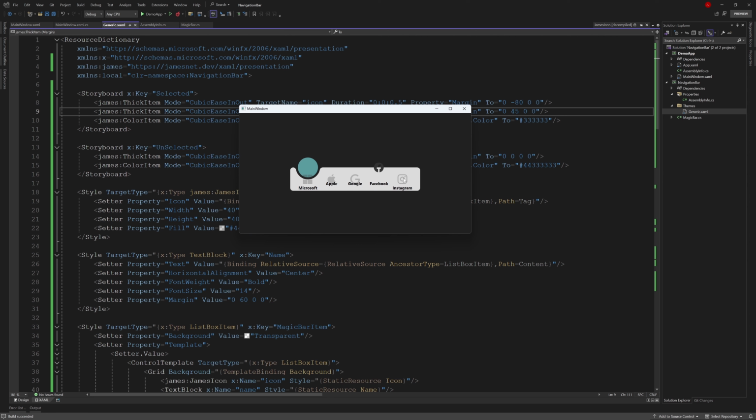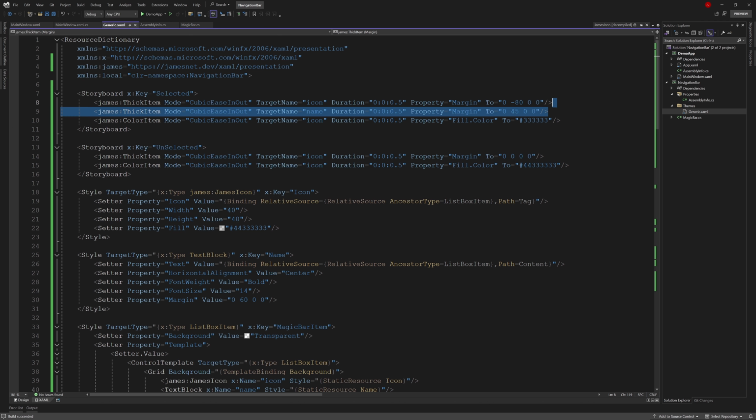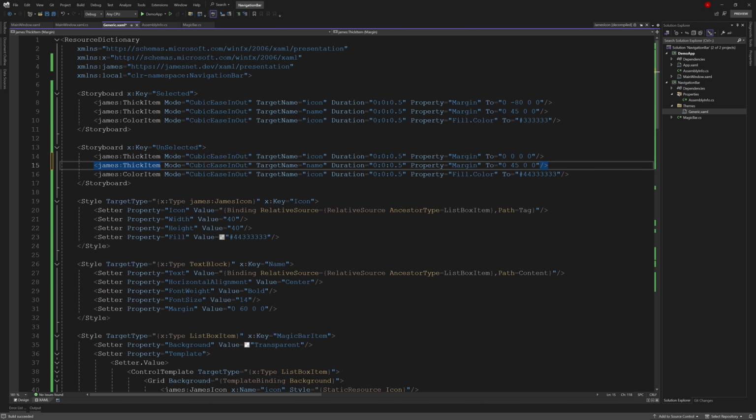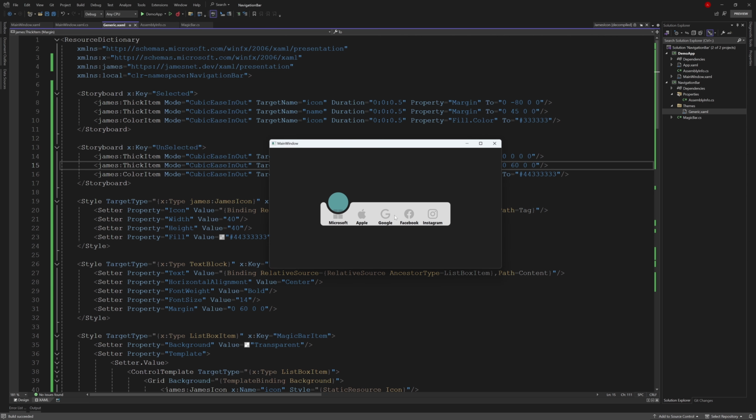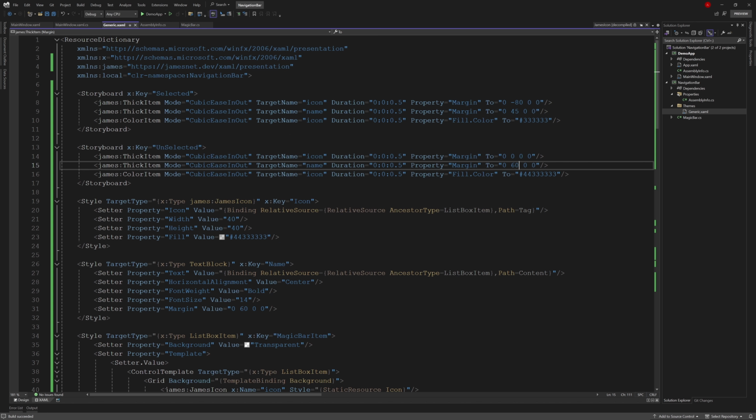Now the text can also move up. Then we copy the code to complete the unselected part. This way, both text and icon can move up and down. The text also needs color changes, so we copy the color item.